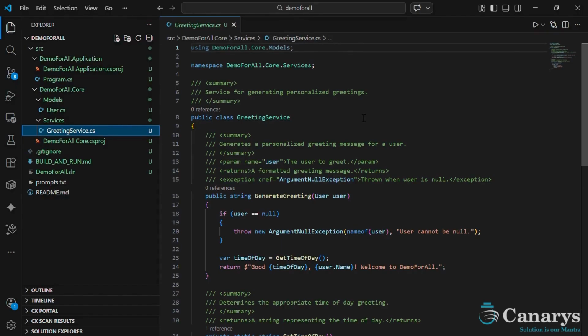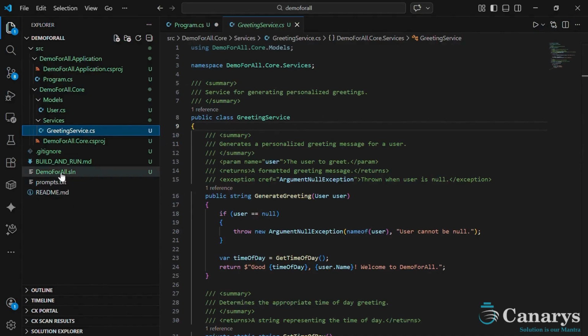This is where GitLab Duo delivers real impact. It helps our teams move from an idea to a working project structure in minutes while maintaining consistency, standards, and best practices across projects. Now that the project is set up, let me show you how GitLab Duo's code suggestions